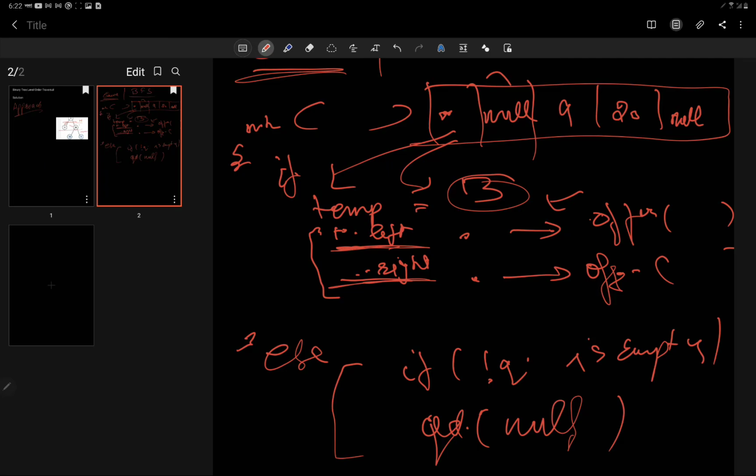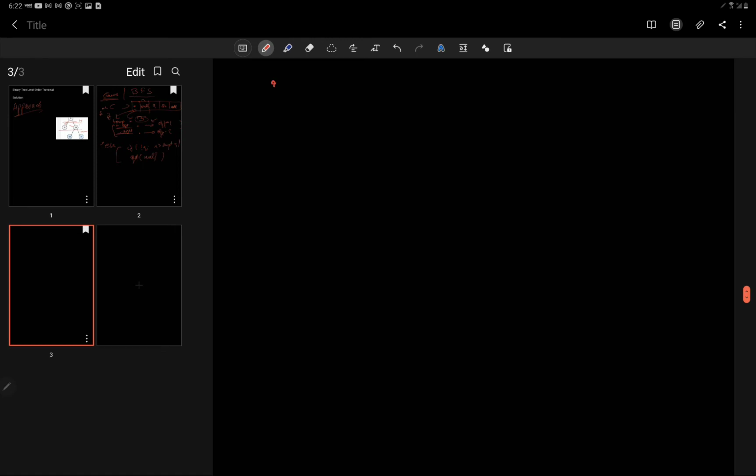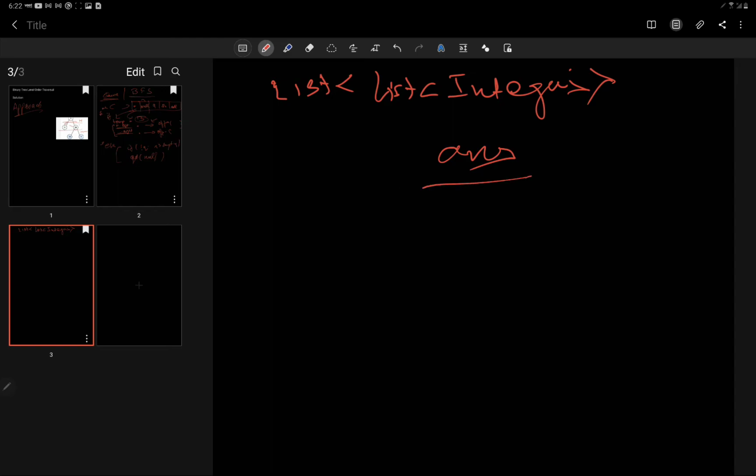But in the question we have to return in the form of a 2D array list. So what we will do is we will just initialize a 2D array list of integer value, answer, that we say is equal to new ArrayList. So we initialize this, that is a 2D array list. Then we will initialize a 1D array list. Why 1D array list?